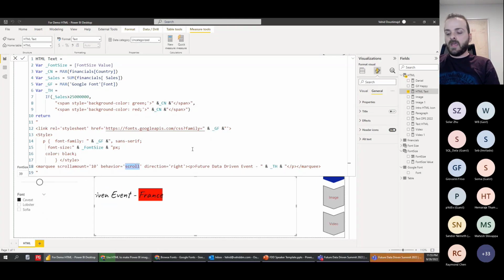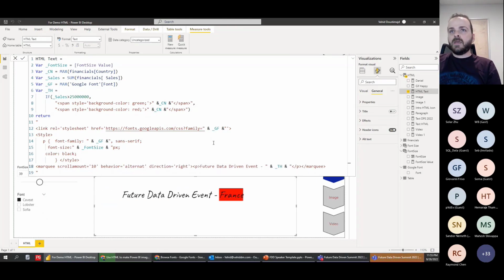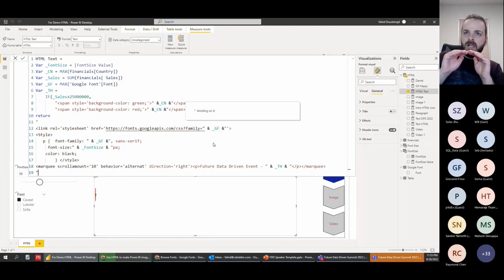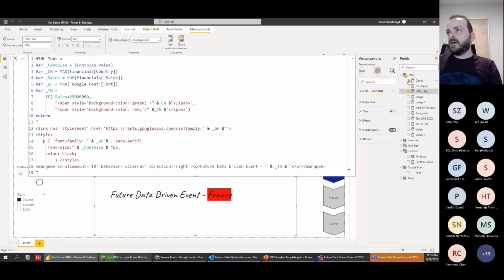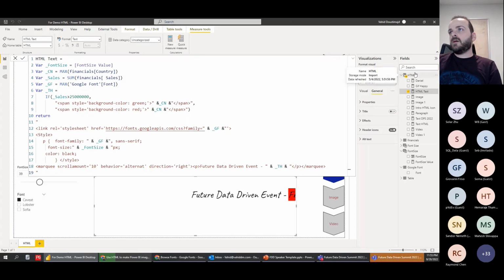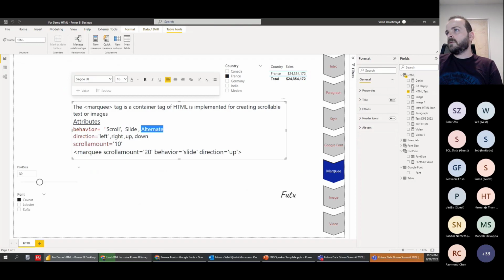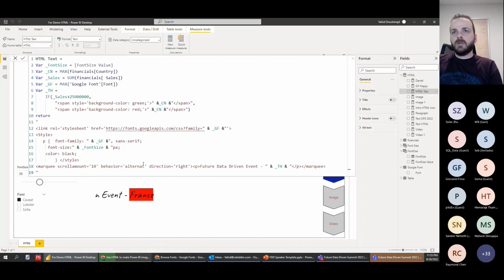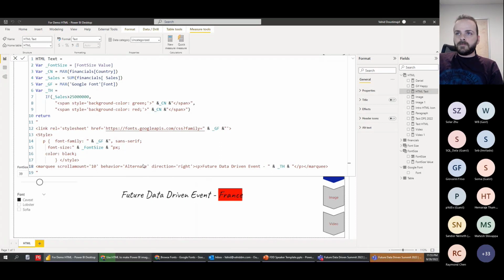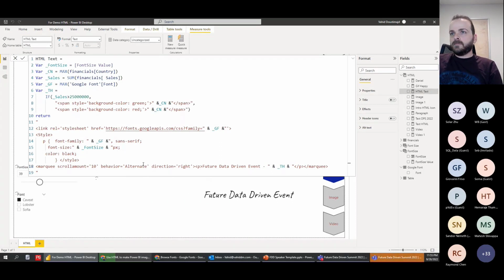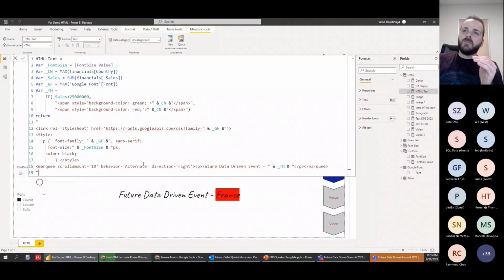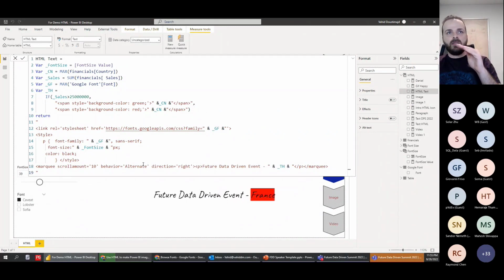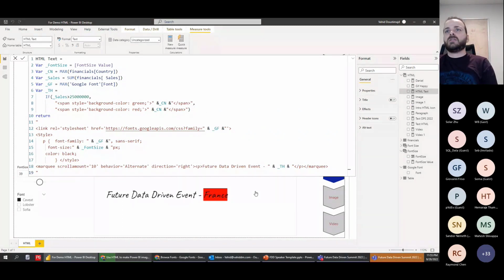And then we have the alternate behavior, which shows the text with that direction but with the limitation of the size of your visual. So it will be fixed between the... Okay, maybe I'll just type it. Okay, now it will go to the right and stop at the end, then go back to the left and stop. That is fixed in, and the limitation is the size of your